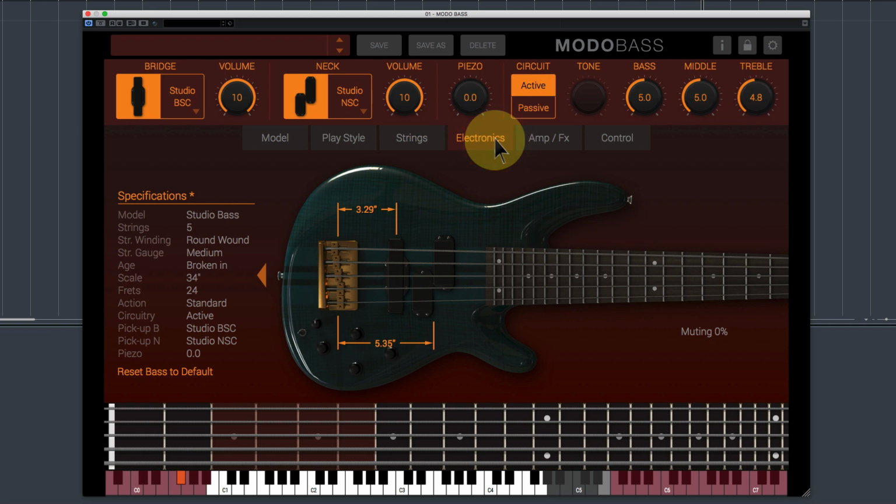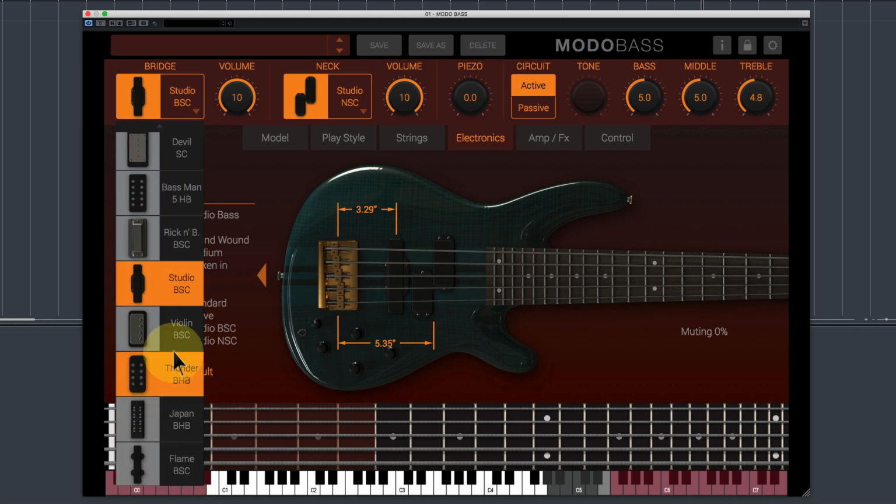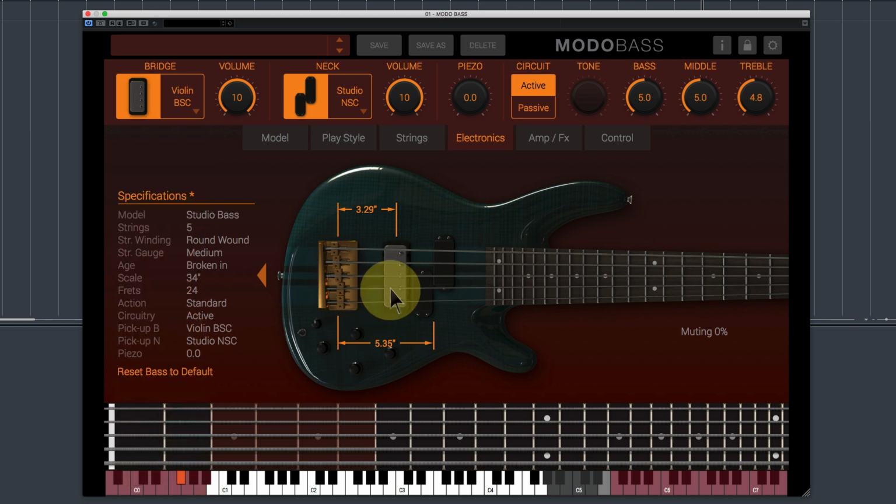Okay, so the electronics section allows you to choose which kind of pickups you've got. Clearly, the bass guitar models that you choose have their own pickups, and so we've chosen here the studio pickups because that's what this guitar is. But if you wanted to, you could go and choose, let's find, a violin bass close pickup and then keep the studio basses, and you can